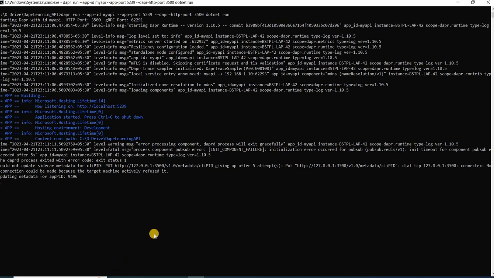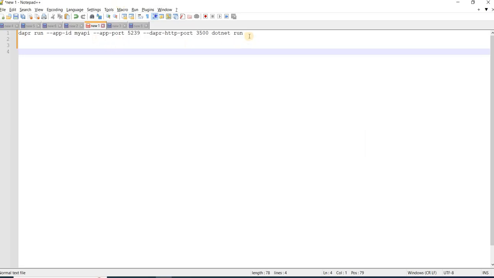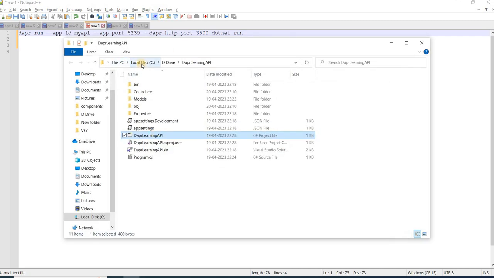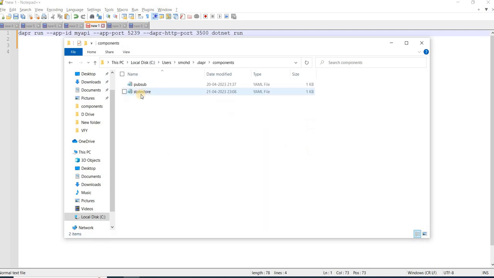So let's first run the Docker. Okay, let me add one more point here. Whenever we are running this particular command, each Dapr application will go to this default location, inside the C drive at this particular Dapr location, and inside the components it will read all the YAML files and try to make the connection. Now inside this state store we have defined the Redis, but the Redis service is not running because Docker is down. So I will run that particular Redis container, and after that we will rerun the application.